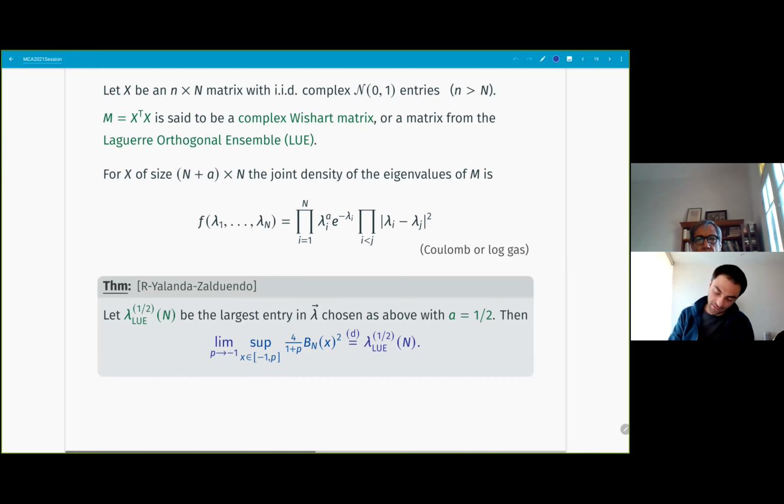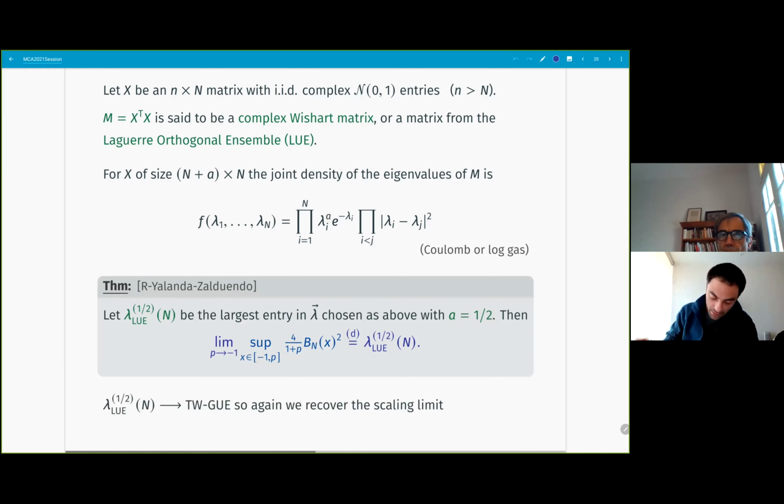So what you get is the largest eigenvalue, but it's not really an eigenvalue, or at least we don't know if it is an eigenvalue. It's just the largest point in this distribution, the one over here, but where A equals 1/2. So that's what you get. This is essentially some sort of generalized Laguerre ensemble. It sort of belongs to the same class of distributions, but we don't know if it really comes from any random matrix distribution or not. It's just a distribution on endpoints.